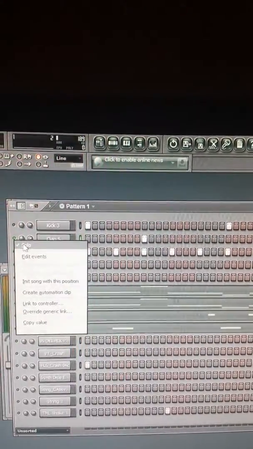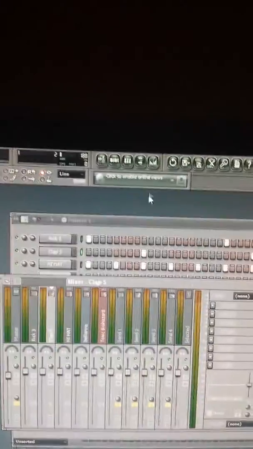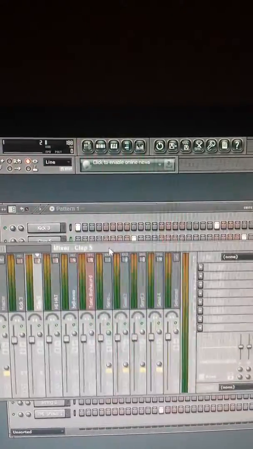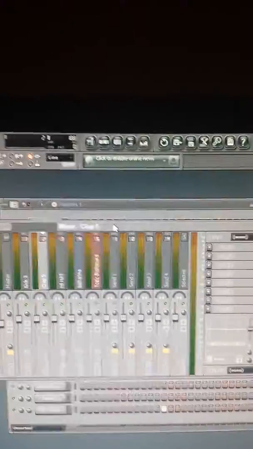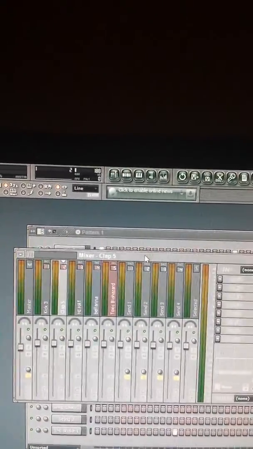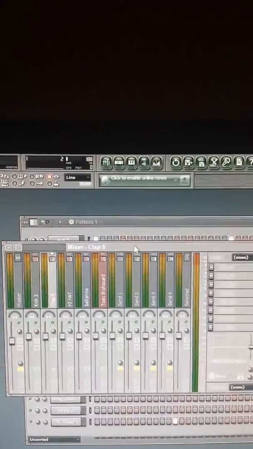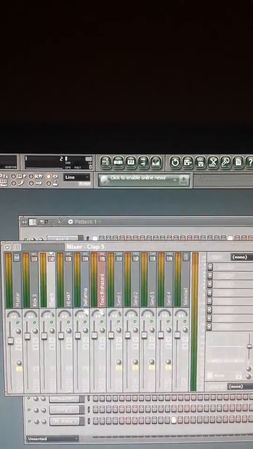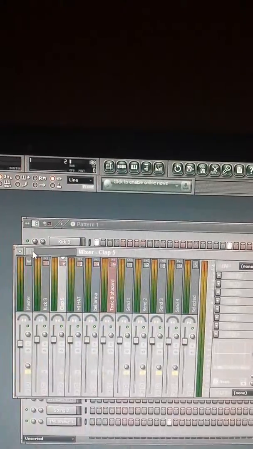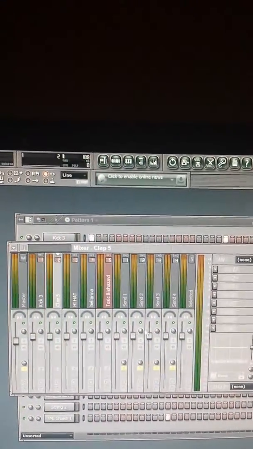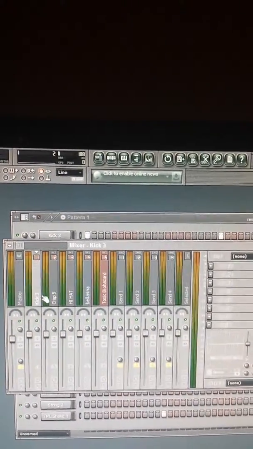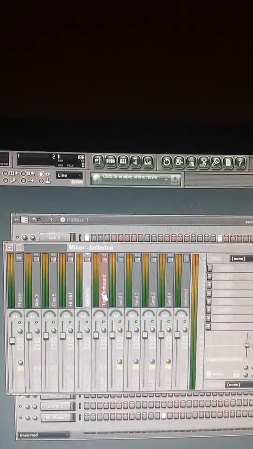Okay, and the reason for doing this is because a lot of people are just bouncing their stuff down and laying their vocals over MP3s, which you don't want to do, and I'll explain why. Besides for the fact that the quality is just terrible, you have no control. You have one lump stereo file with all your sounds in it. Think of the MP3 you're rapping or singing over as a piece of rope. Just one consolidated piece of rope, which is what's a rope made out of? Hundreds of thousands of threads,